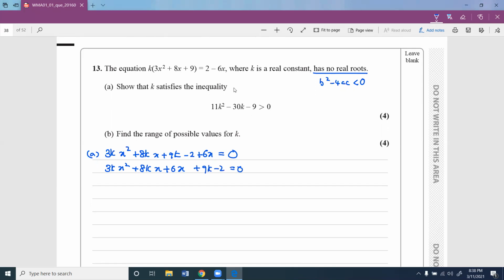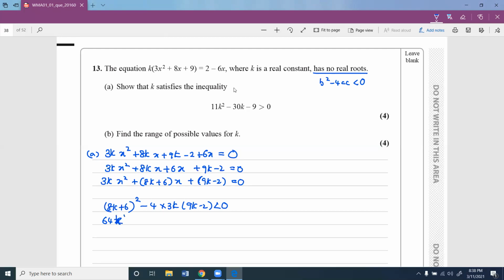From here you can write 3kx squared plus 8k plus 6x plus 9k minus 2 equals 0. With this you can use the condition b squared minus 4ac. That is (8k plus 6) whole thing squared minus 4 times a, which is 3k, times c, which is 9k minus 2, is less than 0. Okay, b squared minus 4ac is less than 0 because there are no real roots. So if you expand this, it turns up to